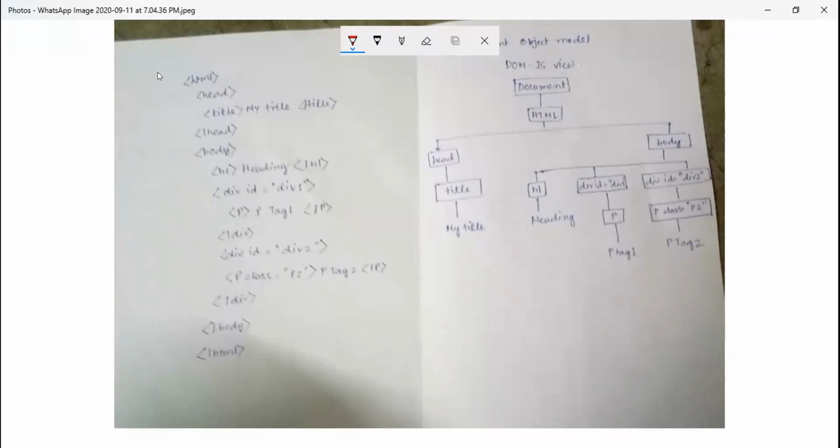See, this is the HTML, right? HTML, head, title. This is the HTML document, right?